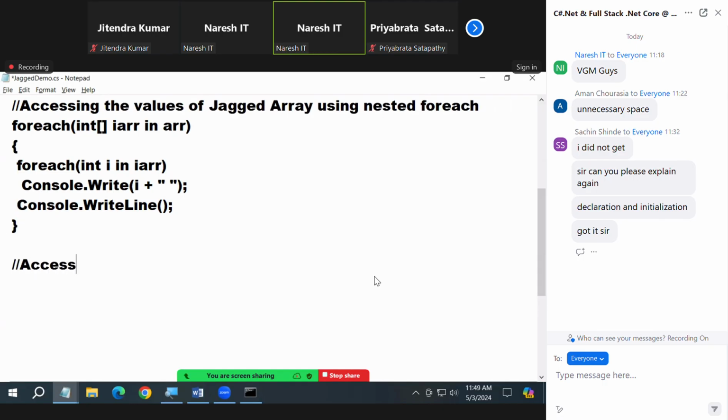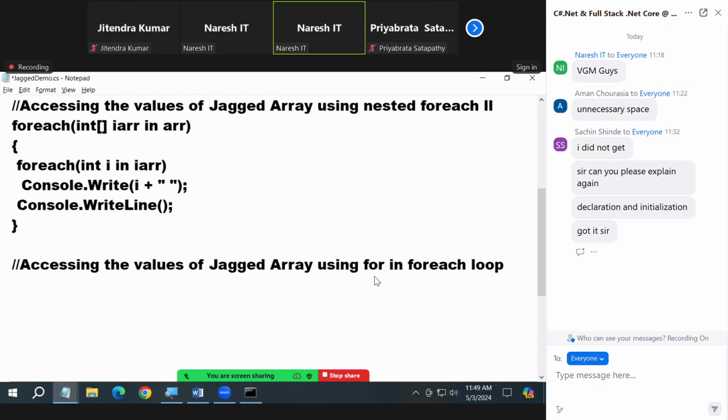Now, accessing the values of Jack Derry using for in for each loop. Here, nested for loop. Here, for in for each loop. Okay. First, tell me the for each loop code. The for each loop code is the same only, na? Come on, outer one. For each